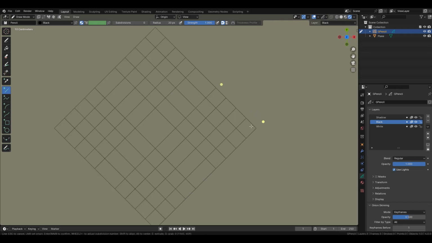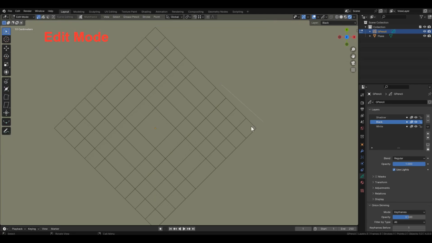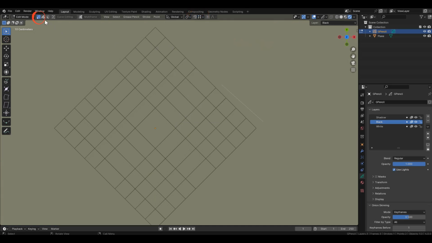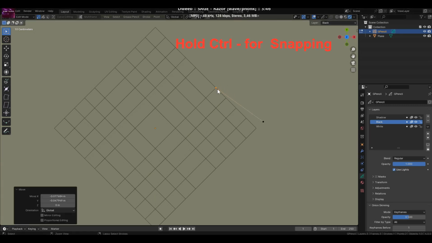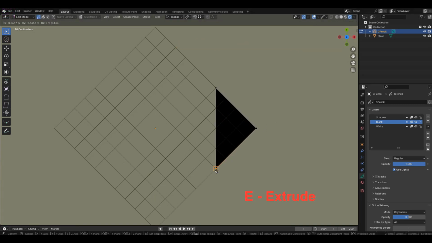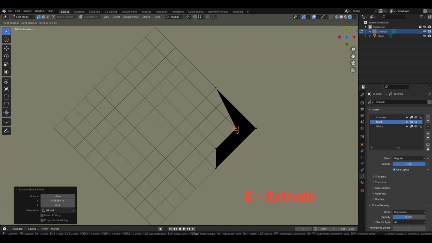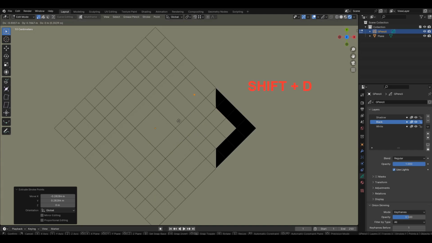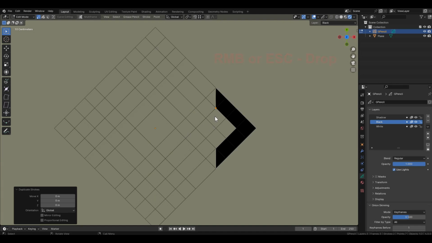Its position doesn't matter. Switch to Edit mode. In the Snapping menu, switch to Snapping 2 points. Enable Point Selection mode. Holding Ctrl, position the points of our first line like this. Then, using extrusion, draw the outer angle. Now we need to draw a triangle. To do this, copy the selected point, place it in the same position with the right-click or escape key, and extrude it 2 more times.